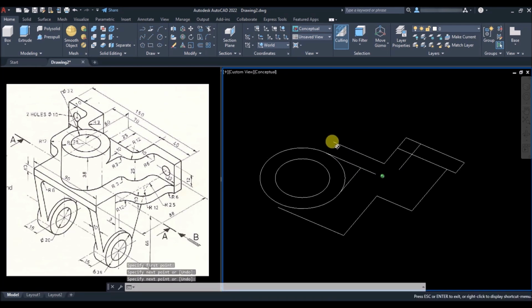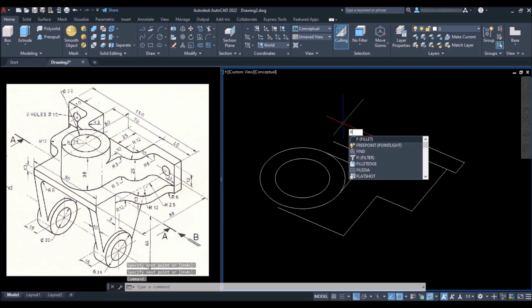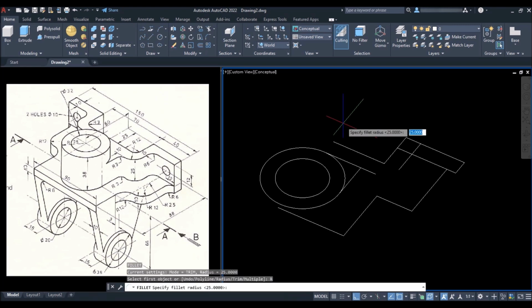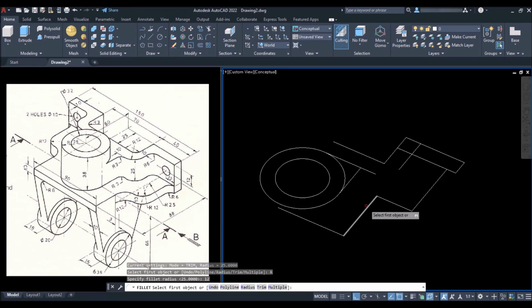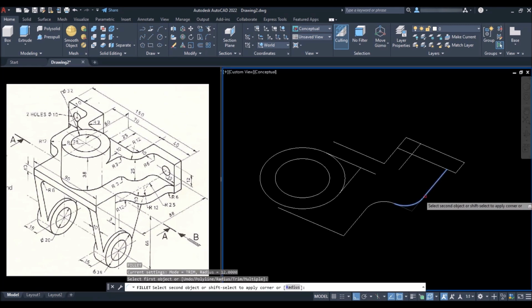Now I'll add a few fillets. Type F and press enter. Type R and press enter to specify radius. Set radius as 12. Press enter and then select the lines as shown to add fillets. Right click to repeat, add this one as well.